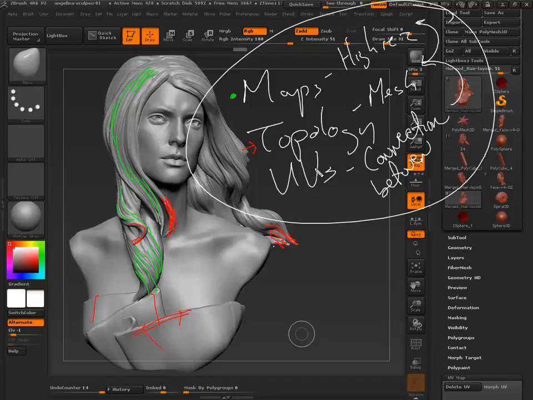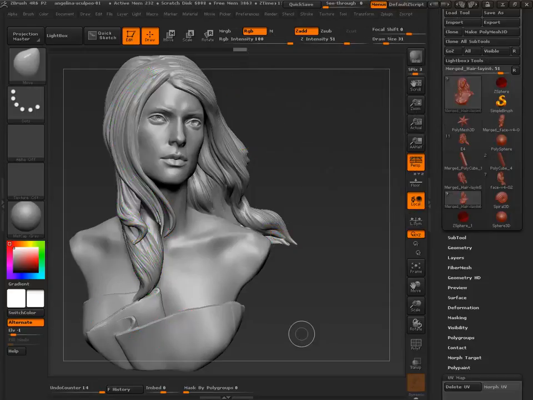So what are the issues that we face in terms of UVs? Anybody know? So let's talk about UVs and the issues that we're going to face there.